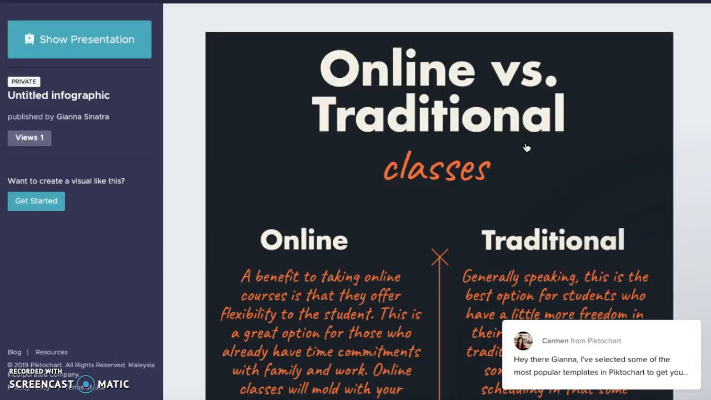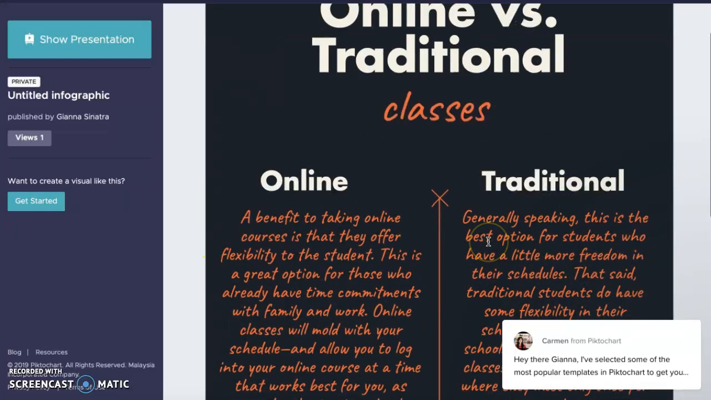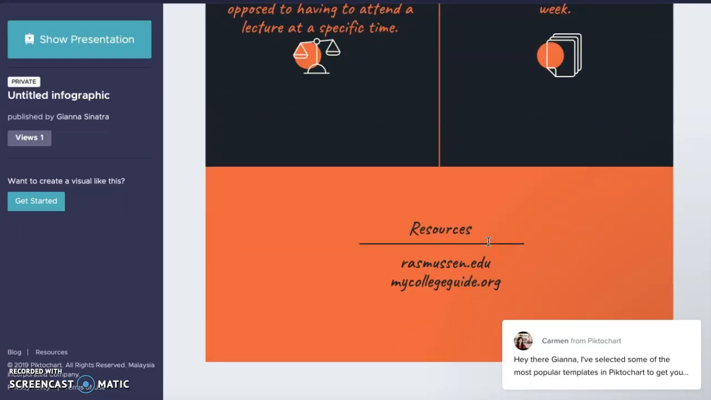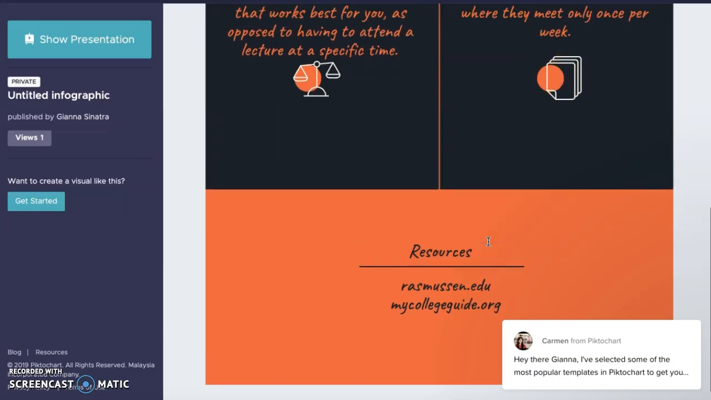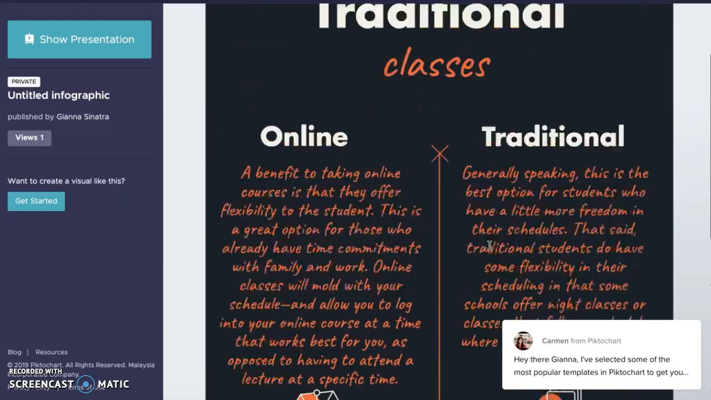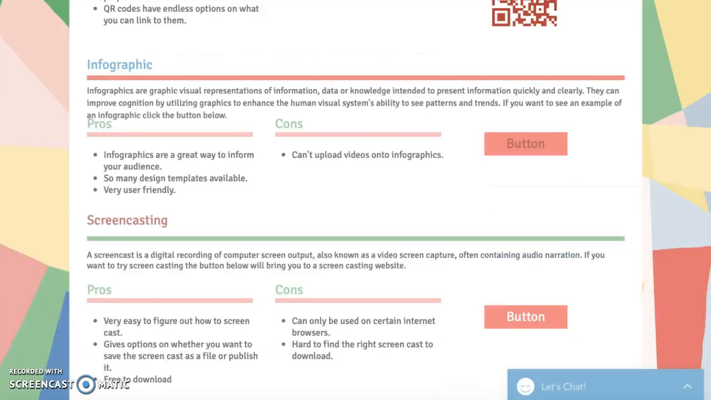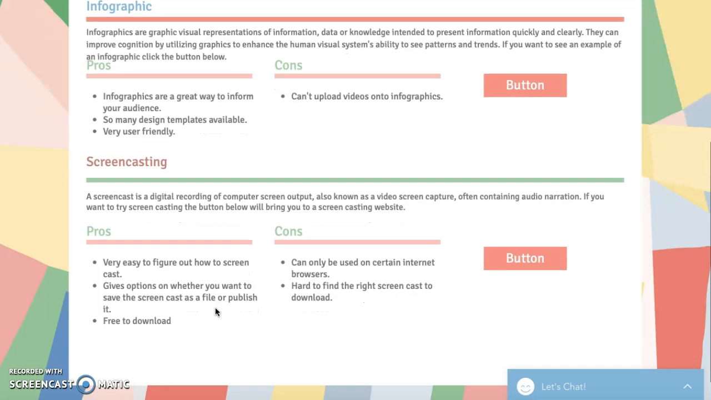And if you click this button right here, it brings you to one of the online versus traditional classes, and this is an infographic. And this is an infographic that informs the audience right away what it wants to tell you. If you just exit out of that, and we go back to the classroom page, the next one we have